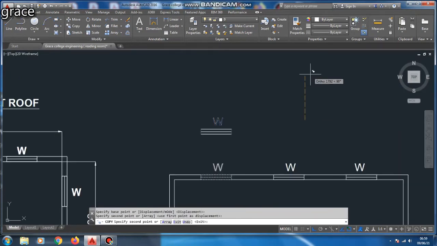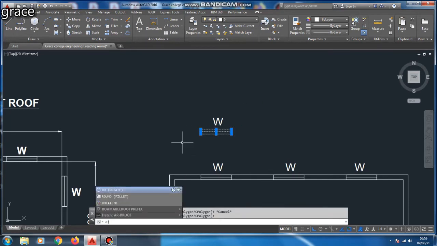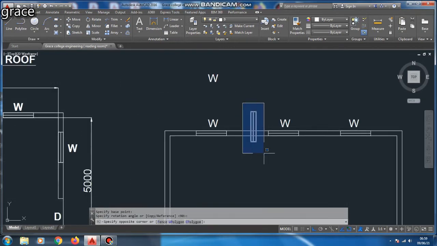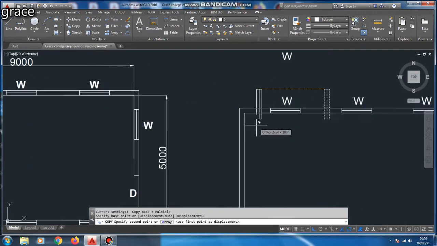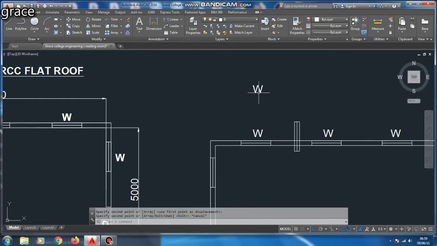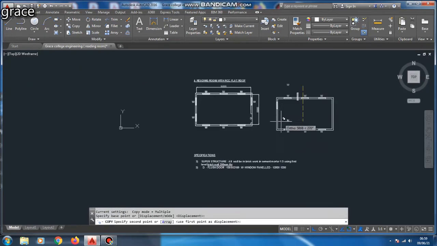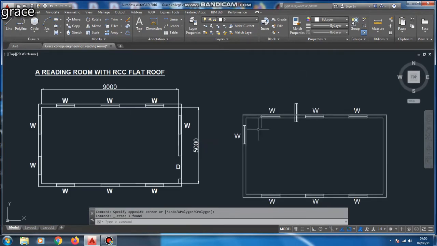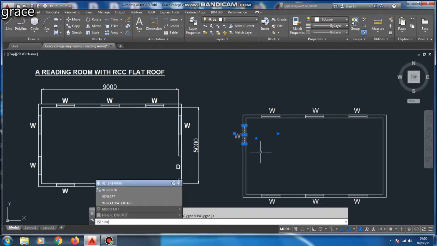So I am going to copy the same window and rotate this window to fix it in the y direction. Here I am rotating our existing window and copying the same window to the y direction. Just copy the dimension to the new window, then delete the source object, and next we are going to use the mirror option.